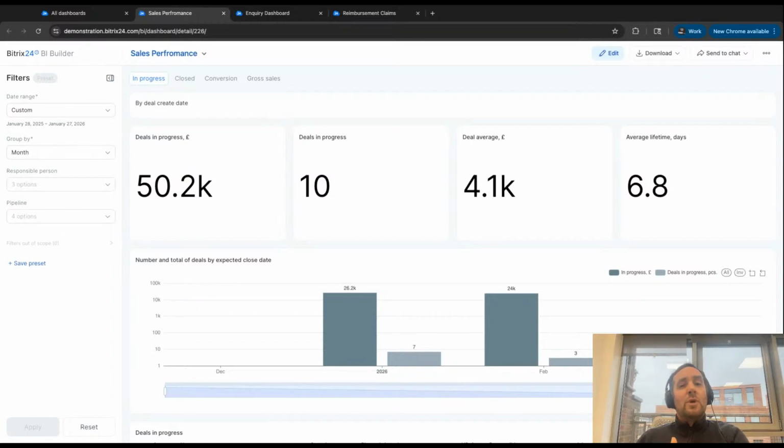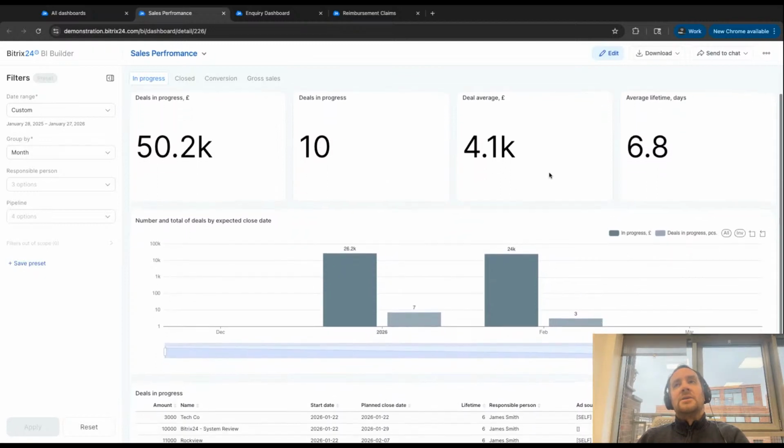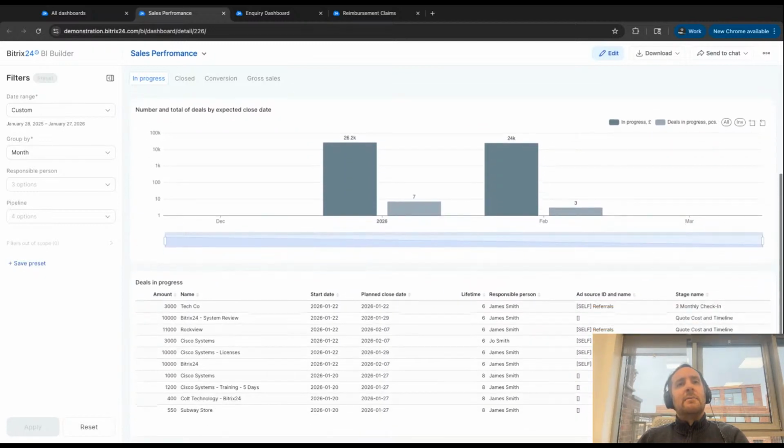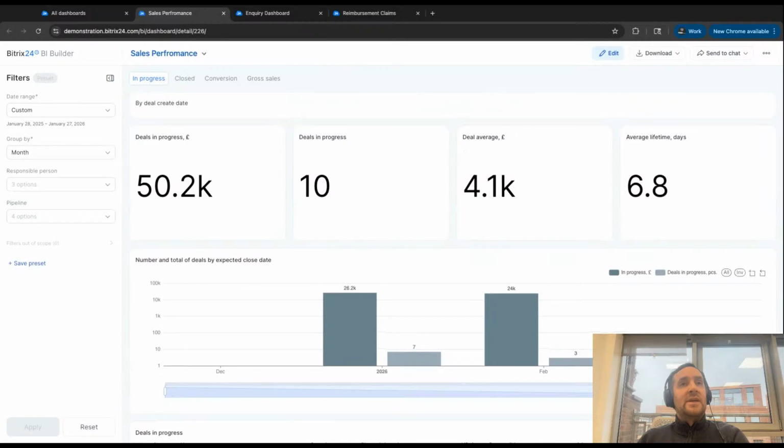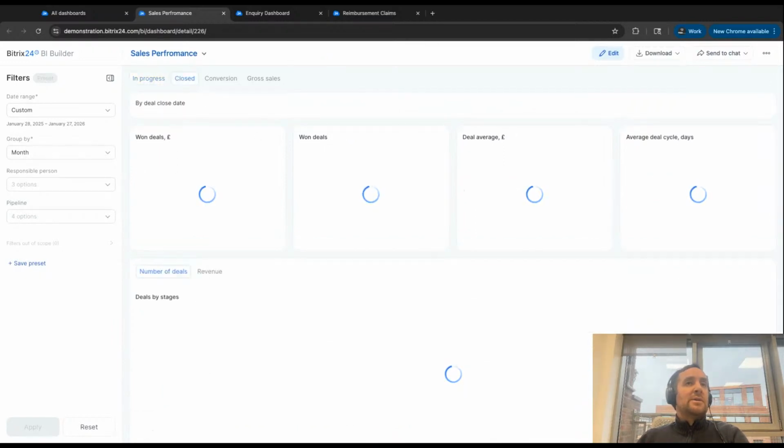Again, we're utilizing number widgets here. We've got a number of number widgets: how many deals, how much in terms of pound value is in progress, how many deals we have in progress, and so on and so forth. We have a nice progress graph underneath, and I'll show you how we build these shortly in today's session. We also have closed, so we can see what is the value of won deals. And one of the things with this is